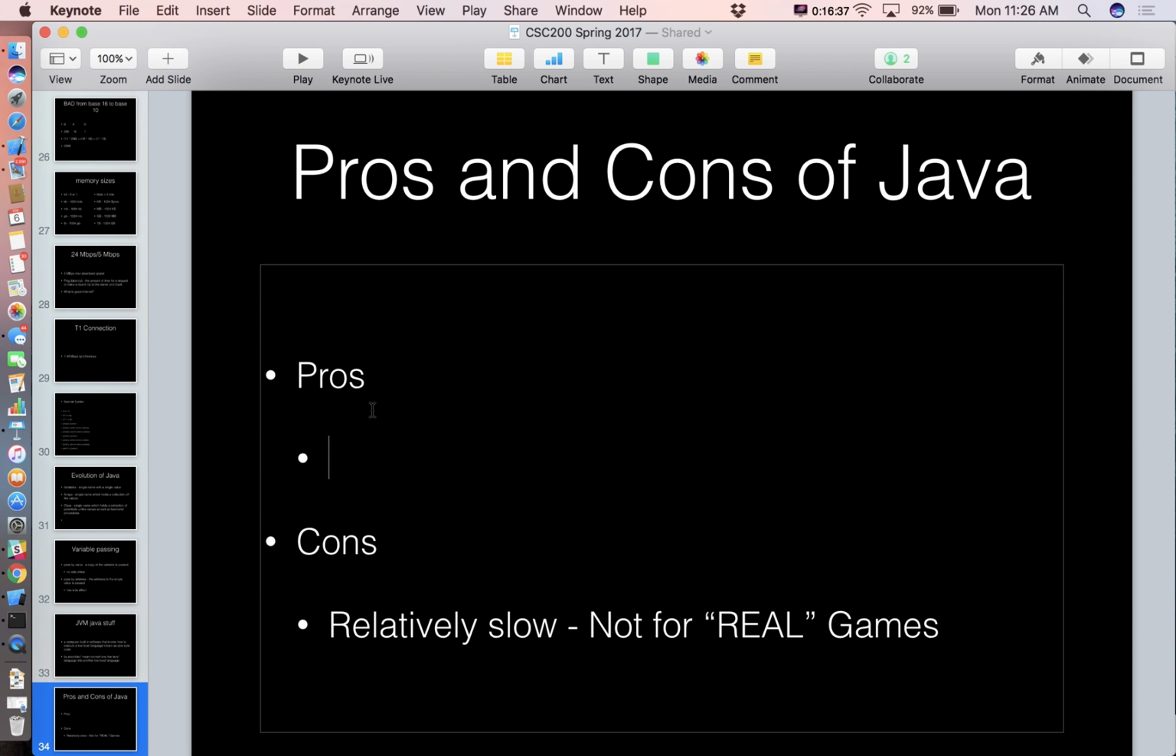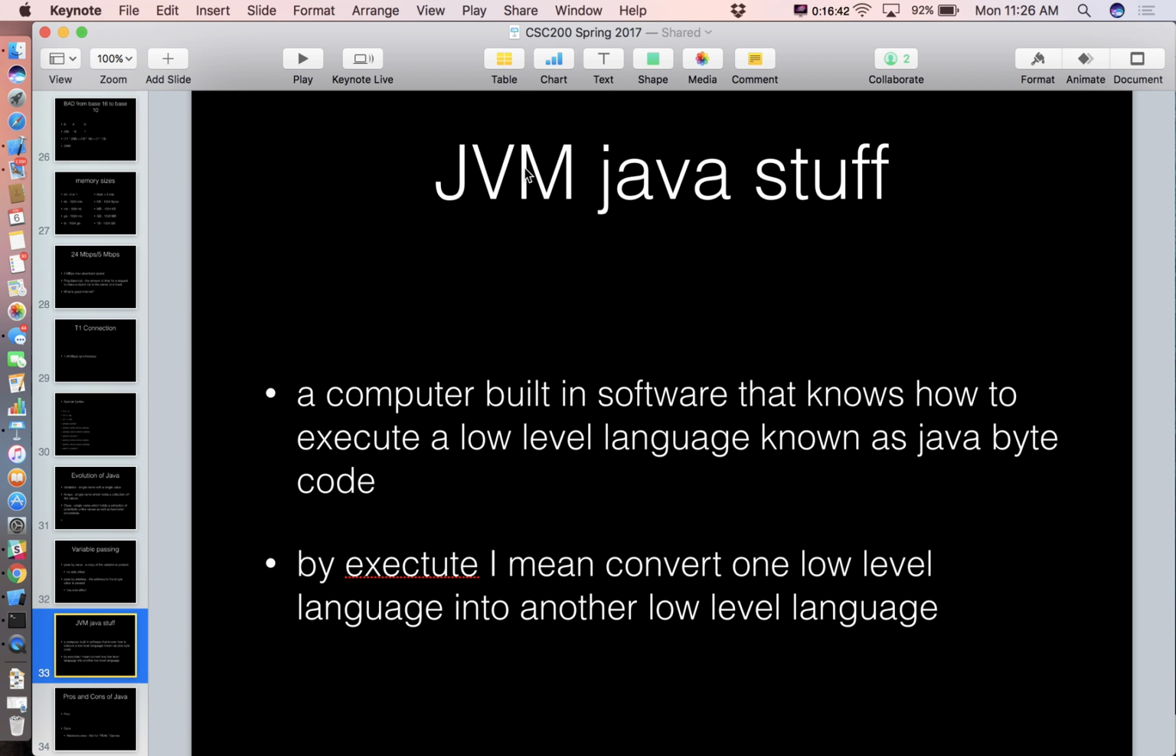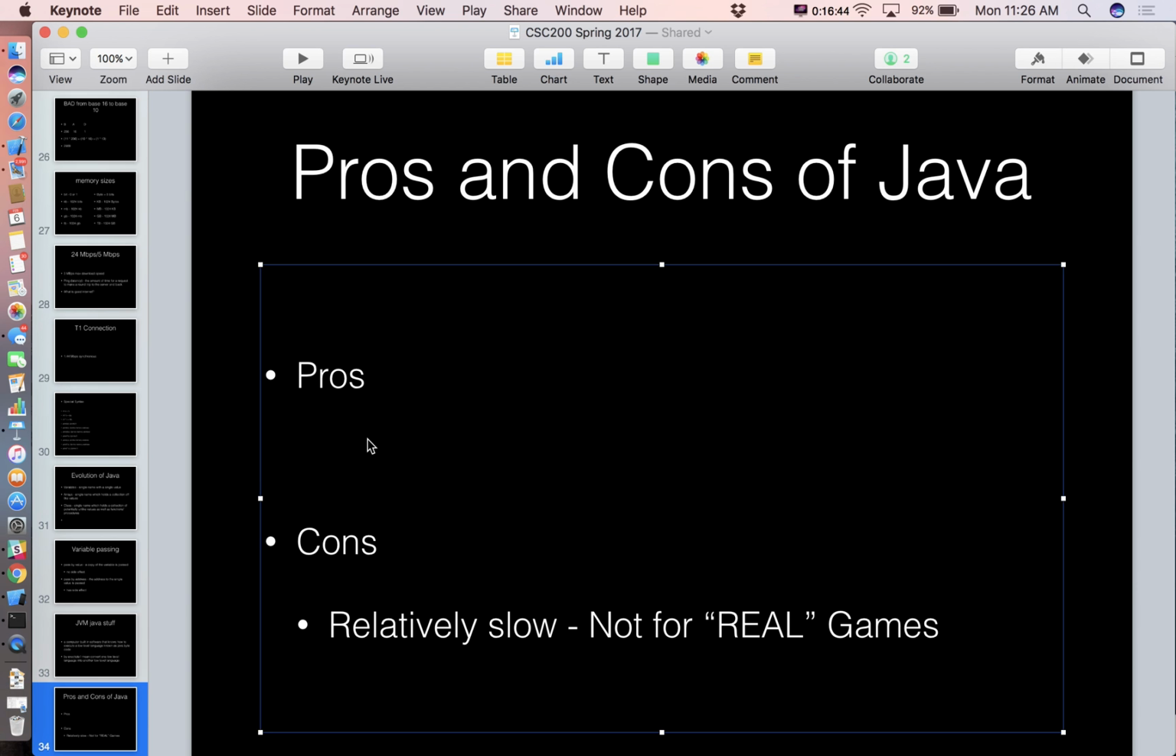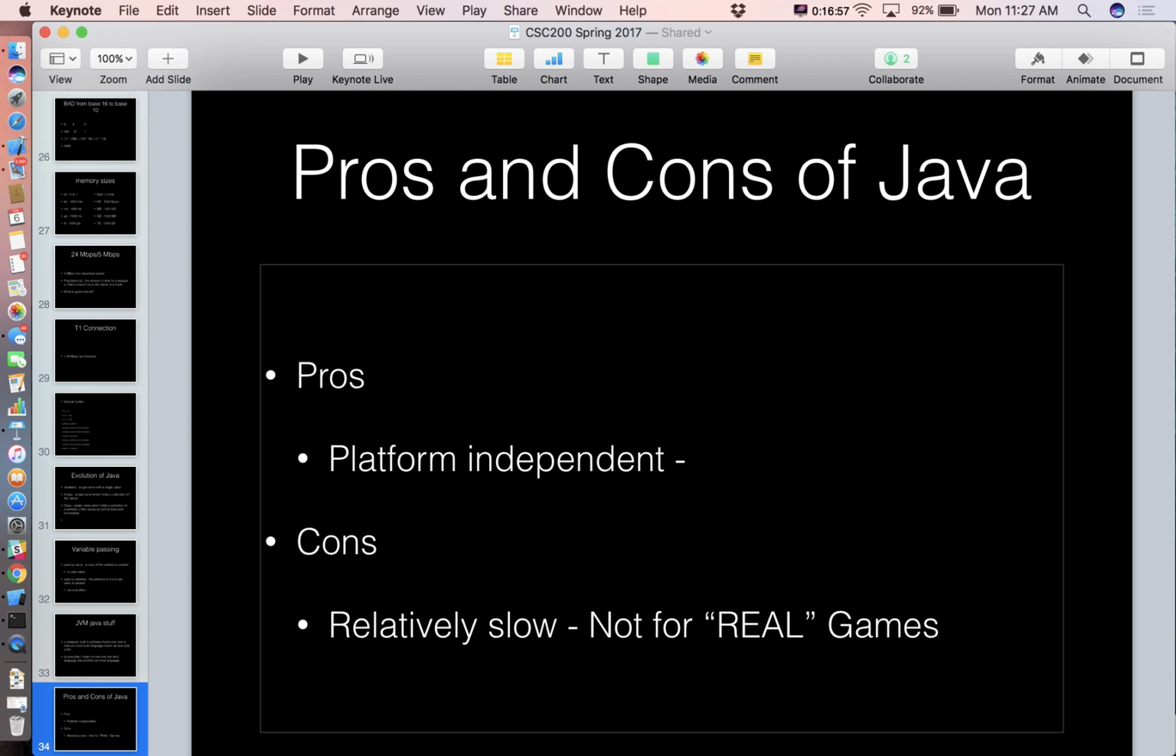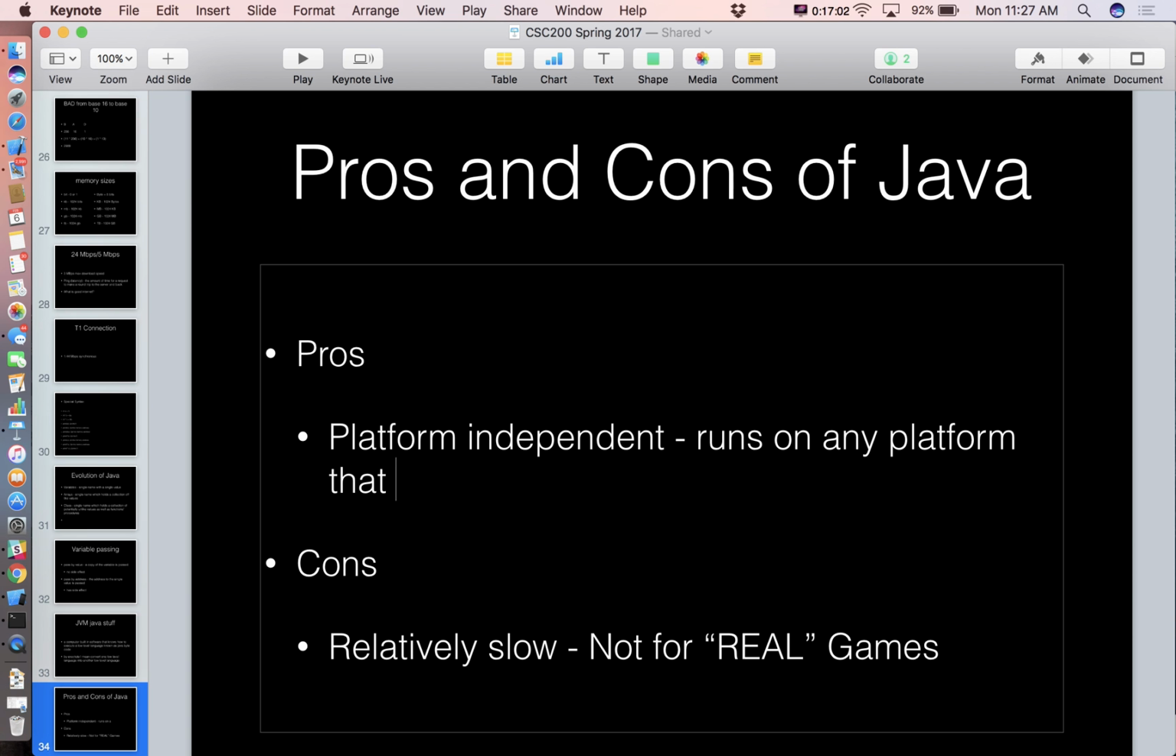Go ahead. Runs on virtually any kind of architecture. Yeah, so this comes back to this virtual machine thing. All right, so Java's big claim to fame is that it's platform independent. It will run on any platform that supports the JVM. Okay, so as long as we have the Java virtual machine on that platform,